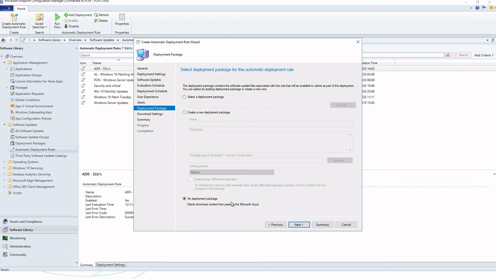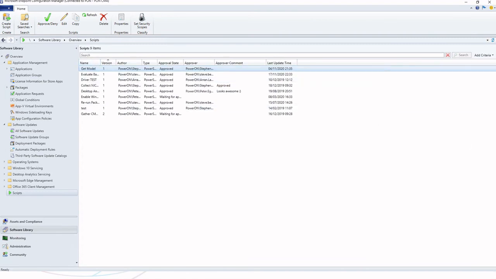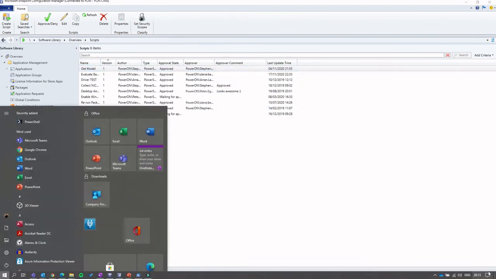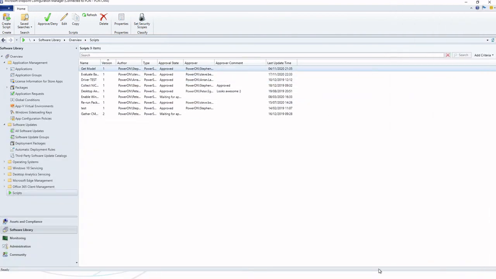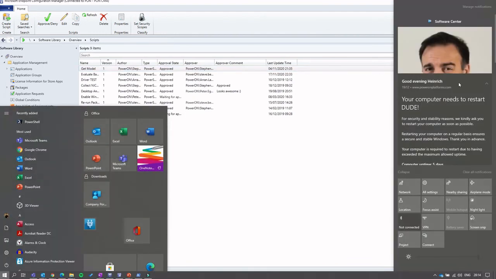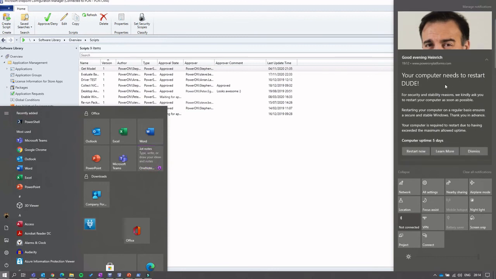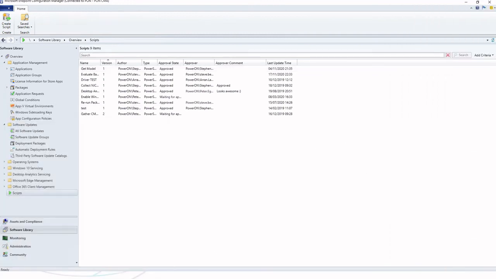So let's quickly have a look at some of the toast notifications as well, to get back on topic. In terms of toast notifications, as you guys will know, within Windows 10 it's something that we're seeing quite a lot. You can customize the toast notification to your heart's content, and then deploy these settings out with something like Configuration Manager as well, right? So a toast notification, as you guys know, would either appear here, or it can also be flashed up on screen as well. To show you what I mean, all of this is very much possible with